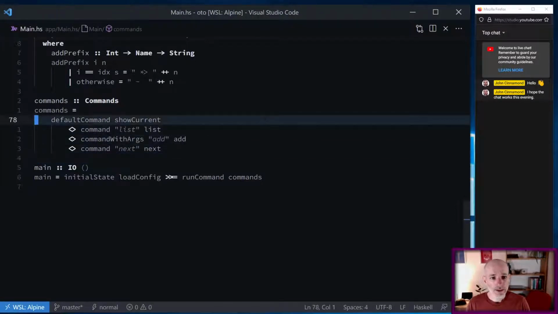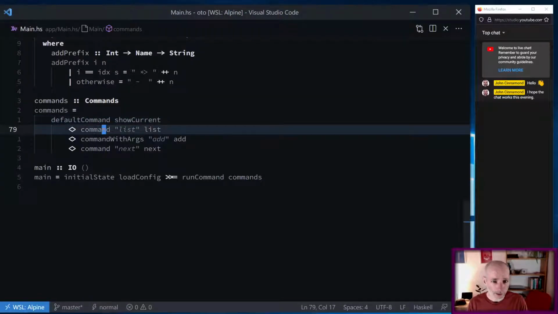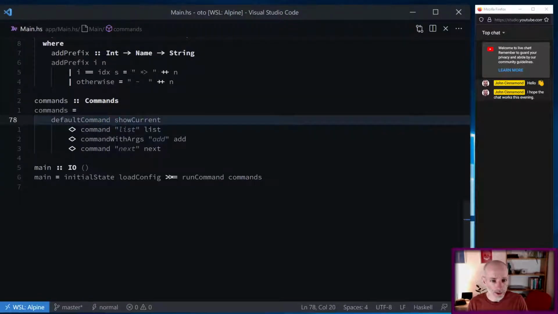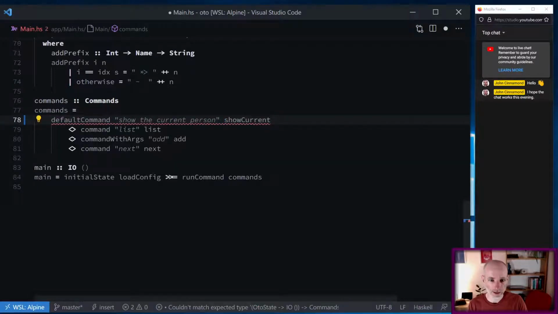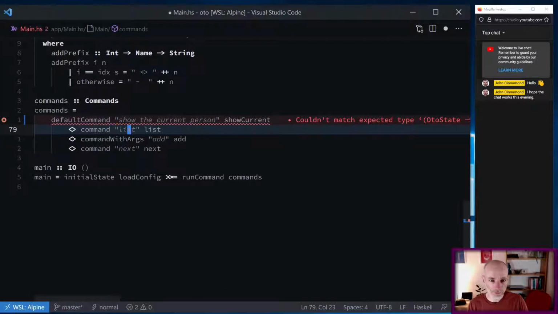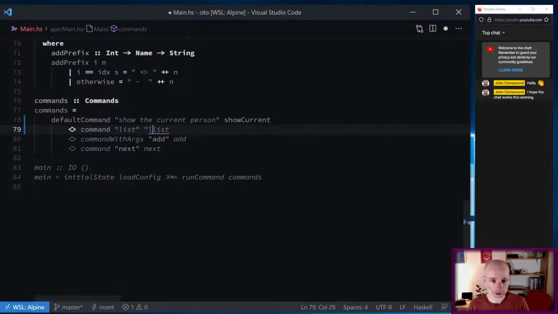So we have this way of setting up our list of commands. What I'd quite like to do, I think, is add some help text in. So you say default command. The command we're going to run is show current, but I'd like to add some text in here and say something like show the current person to talk to, or even just that. And the same for list. So we'll say this will be show the